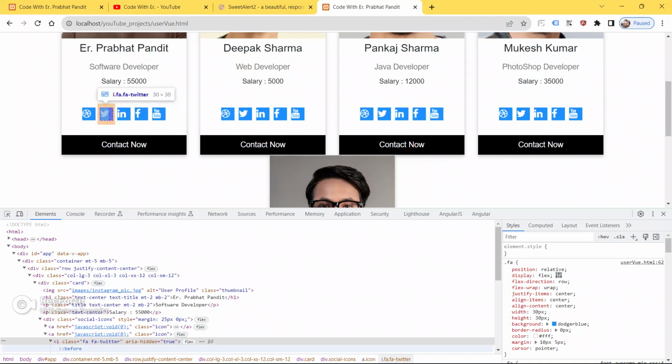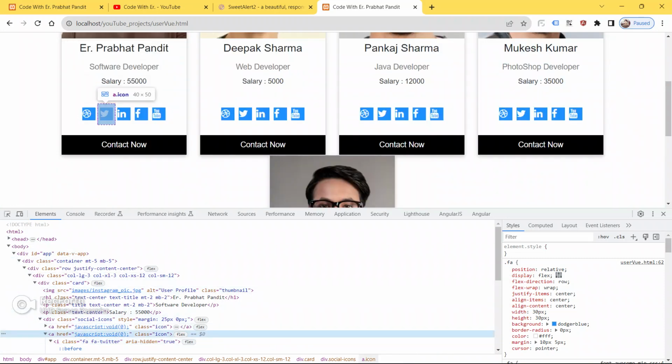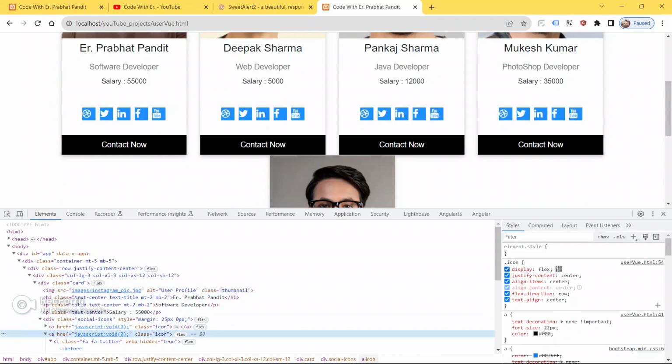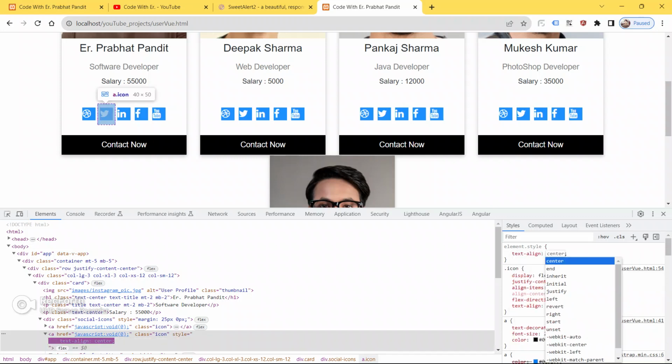The icon should be in the center, guys. The icon should be centered.